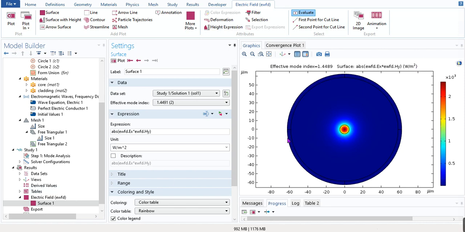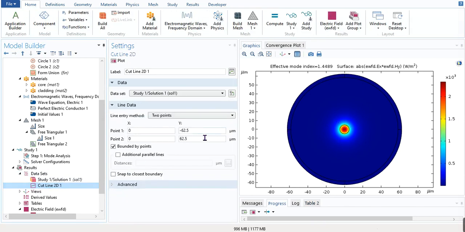If you want to cut a line in between this, and see what's happening at a particular line cut, then you just click on this first line and second line, choose points, or go to data and give values.